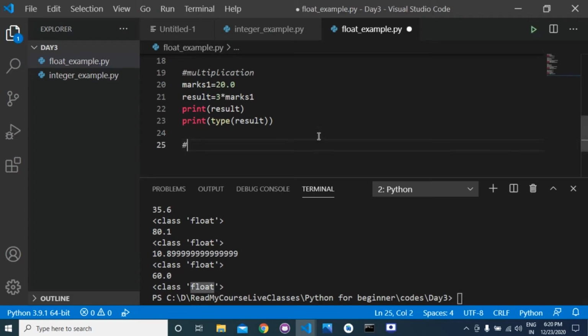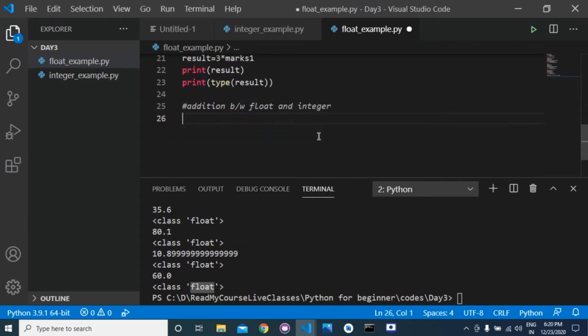Suppose you want to perform addition between a float and an integer. I am writing marks 1 is equal to 10 and marks 2 is equal to 10.6, and result is equal to marks 2 plus marks 1.